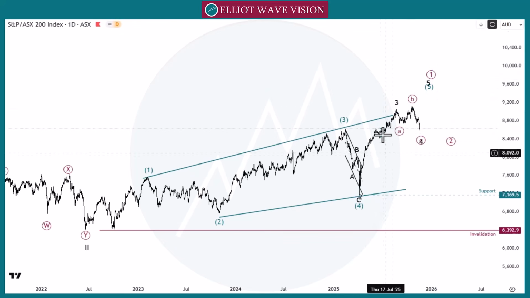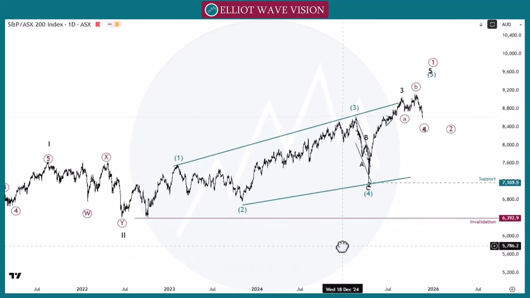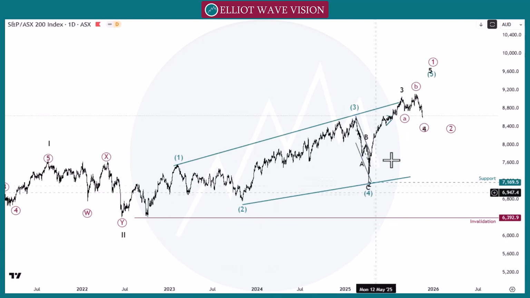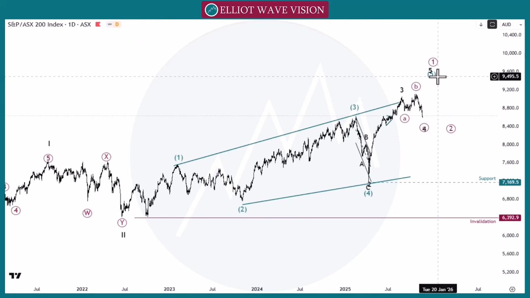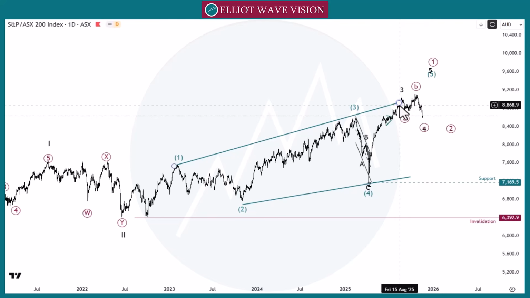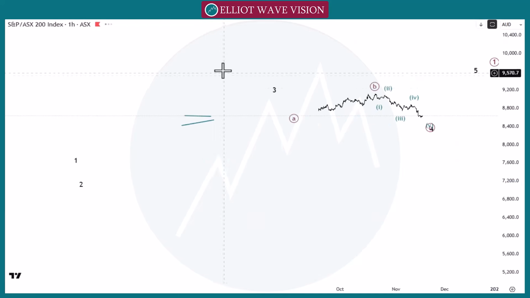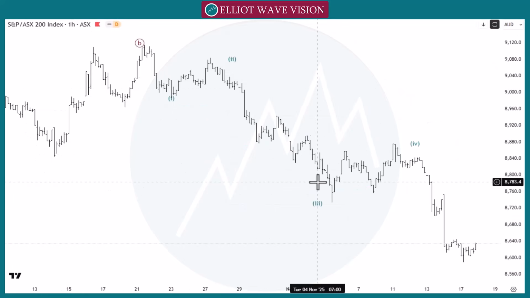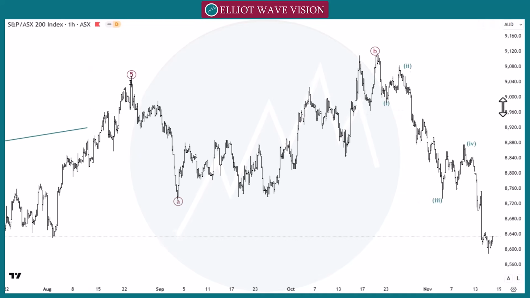So as of now, in Java we are looking for a 1, 2, 3, 4, and this last leg wave 5. This leg may be completed at this point. If this is the case, we are looking for the classic trading level pattern below 8800, and then the main number 8000. So let's check the possibility in the 1 hour time frame, because in indices we are looking for the bullish side